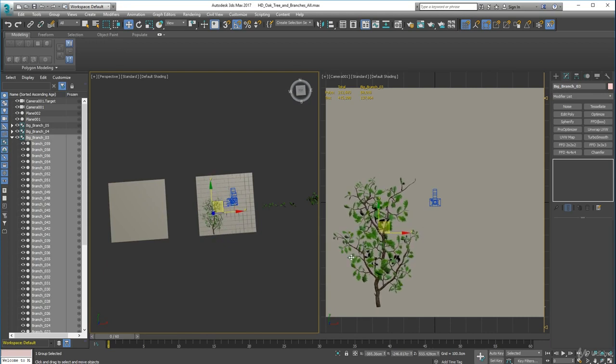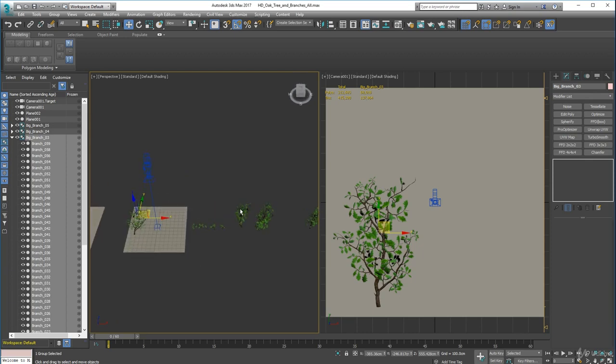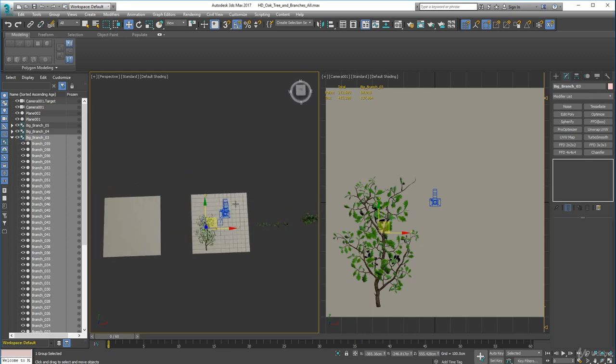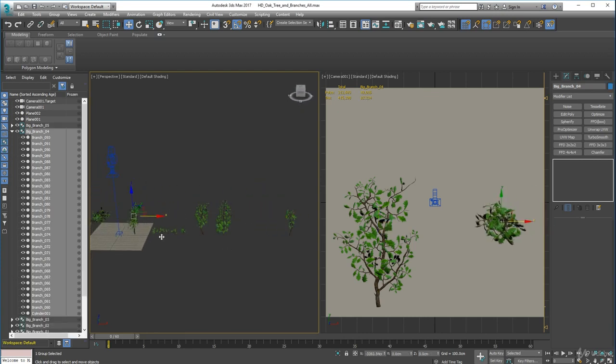So remember, we're going to render it in this viewport here, so just line that up and get another one. We're going to put 3 in here, and then we're going to put 2 and all the little ones in the one next to it. So we'll leave the 2 smallest ones for the other, or actually no, let's get the 2, let's get this one here. Let's move this one over